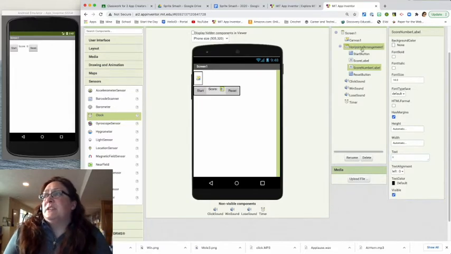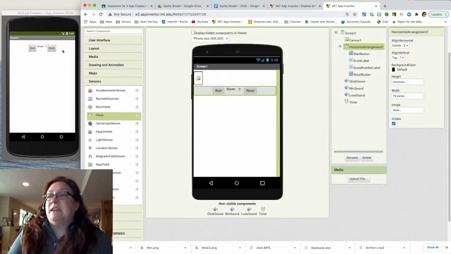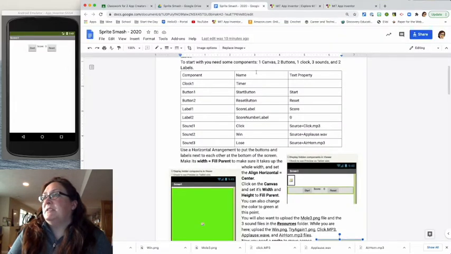Now, this horizontal arrangement is not centered. So I'm going to go over here and I'm going to make it centered, and I'm going to make its width fill parent so it fills the whole screen. There we go. So now it looks like that on my emulator, and my canvas is there. Let's see if I missed anything. Click, win, lose. Oh, I didn't